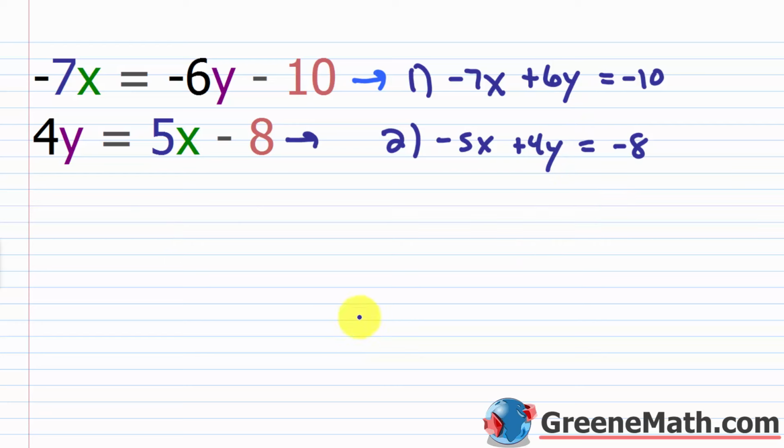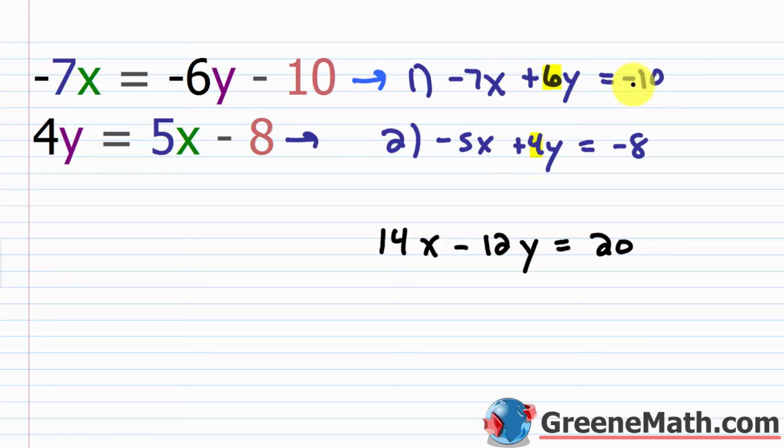a variable. So to do this, I'm going to look at y. And notice how this is a 6 and this is a 4. Well, the least common multiple of 4 and 6 is going to be 12. So what I can do here is multiply equation 1 by negative 2, right? Because 6 times negative 2 would be negative 12. So negative 7 times negative 2 would be 14, then times x. Then 6 times negative 2 would be negative 12, then times y. And this equals negative 10 times negative 2 is 20. Okay? When you do this, make sure you multiply every part of that equation by that number, okay, to make